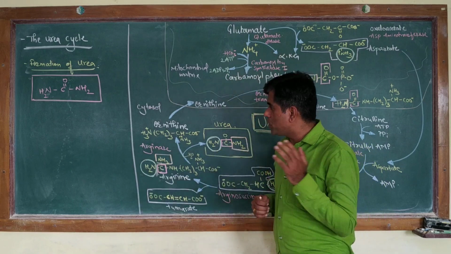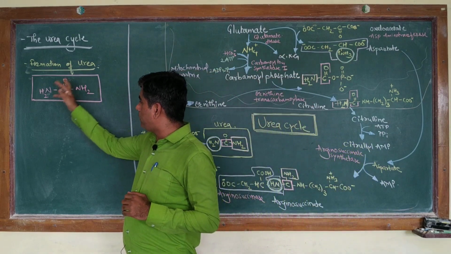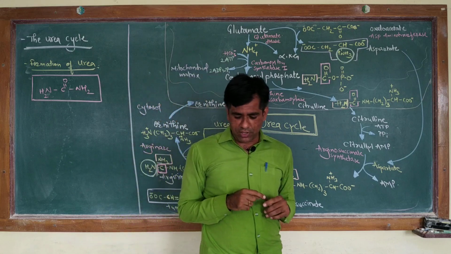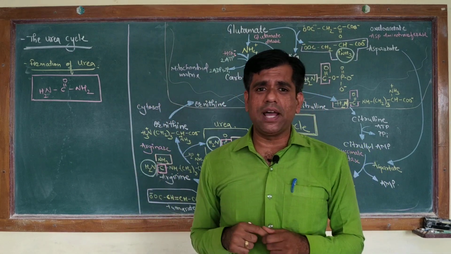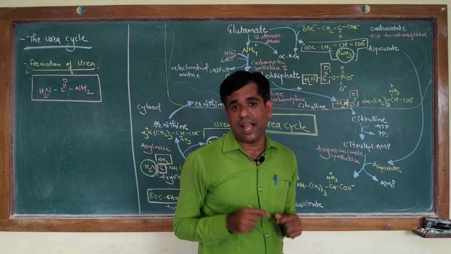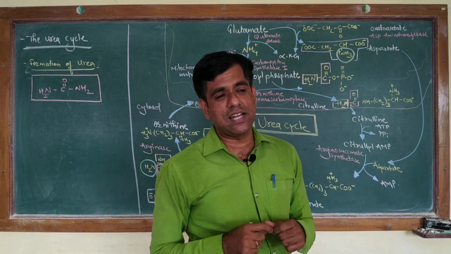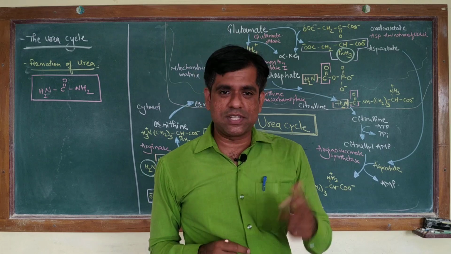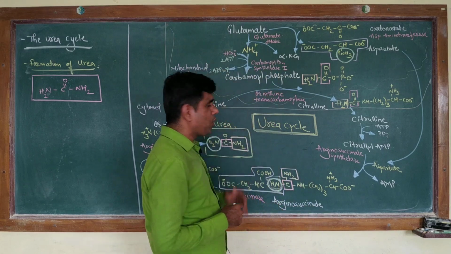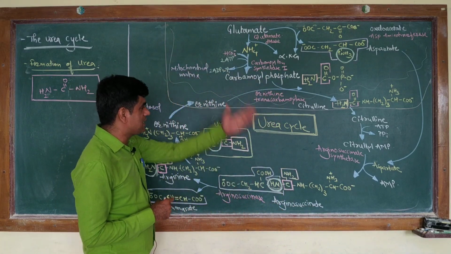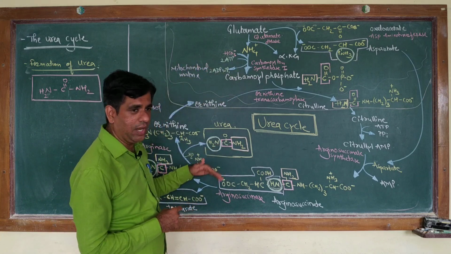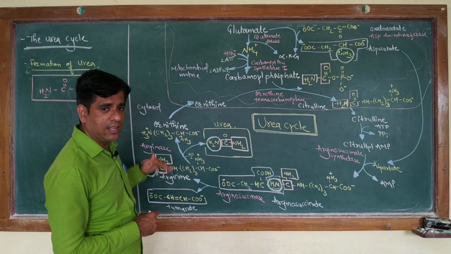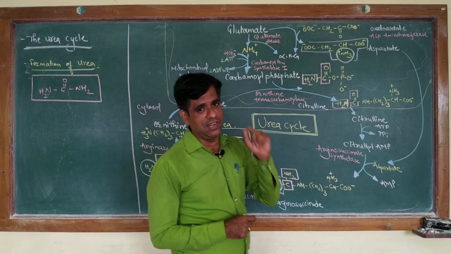As you can see, the entire pathway for formation of urea in the liver was worked out in 1932 by Sir Hans Krebs and Kurt Henseleit, the same Sir Hans Krebs who later on discovered the Krebs cycle. So today we'll be talking about this urea cycle, which, as you can see, operates in 2 basic compartments: one is the mitochondria and the other is the cytoplasm of the liver cell.